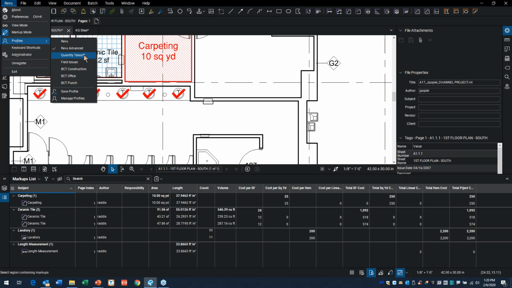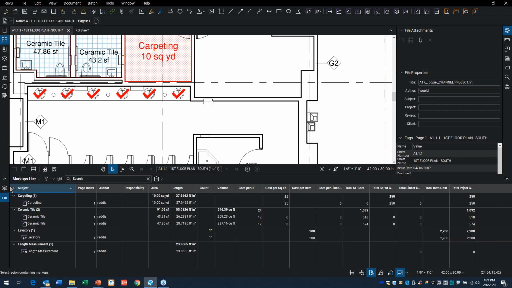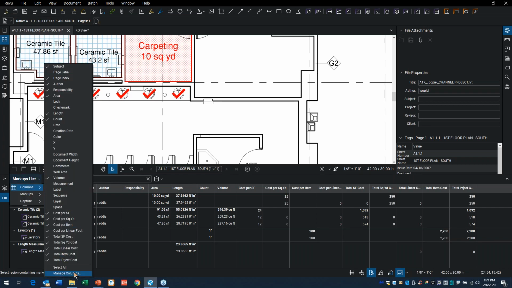So for my standardization purposes, I can very quickly standardize how I want to work in particular files, depending on what hat I'm wearing that day. If I'm out in the field, maybe I don't save these. I have a whole bunch of other custom columns that I'm saving or built-in columns. But if I'm currently doing quantity takeoff, maybe I do want these columns. Now, the responsibility column